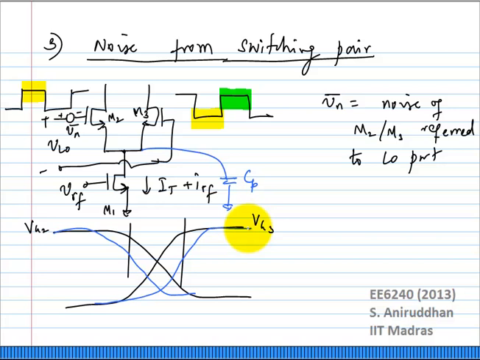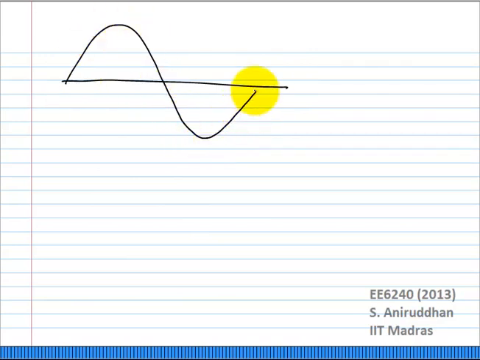Okay? So this noise is being compared to, let us say this, let us assume this was a sinusoid. This was the ideal sinusoid. For now we will assume that the LO signal is a sinusoid. And if I have some noise signal Vn of t,